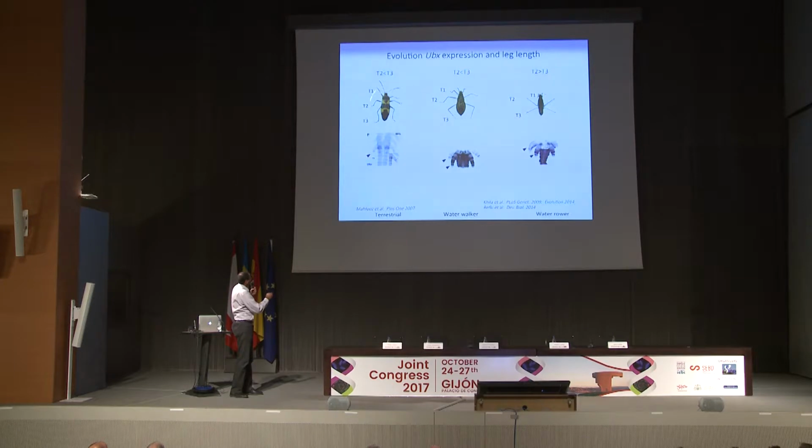So to cut a very long story short, Hox genes are what actually defines the morphology of the segments along the body. The difference between this animal, which is exclusively terrestrial, and this one, which can move on the water, is that this one here has legs that are 40 to 60% longer when you compare it to the body. So this morphology is made by a Hox gene called Ultrabithorax.